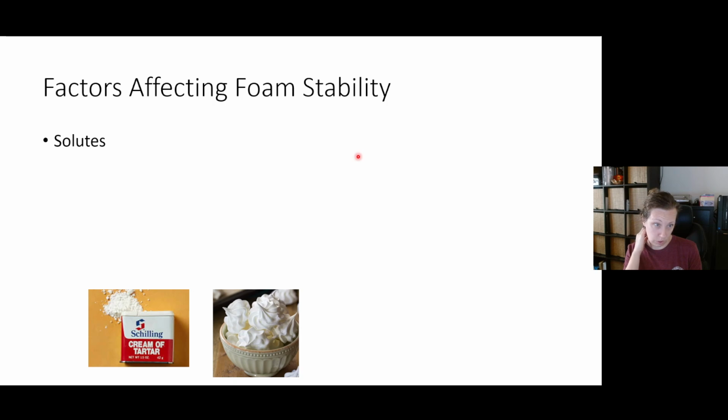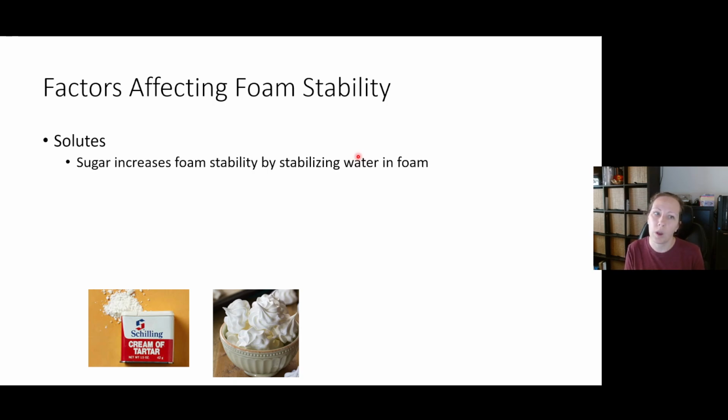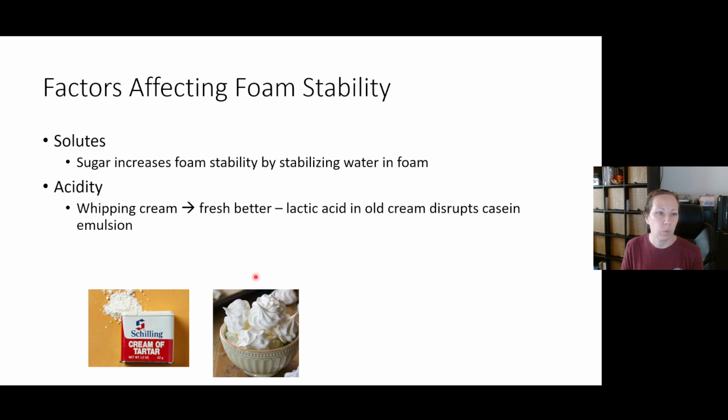Then solutes. So what other things are part of the foam? This is one where it's the same for cream or eggs. Sugar will increase the foam stability by stabilizing the water that is in the foam. Okay, acidity. So with whipping cream,